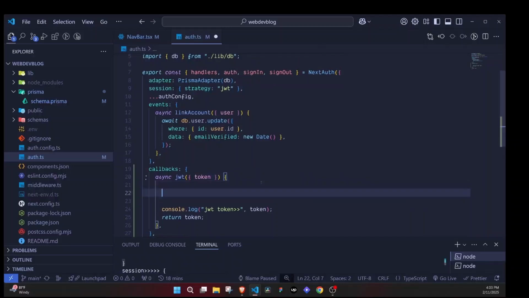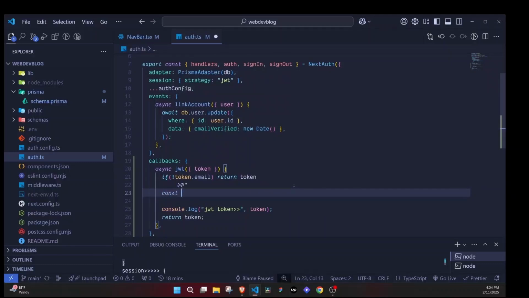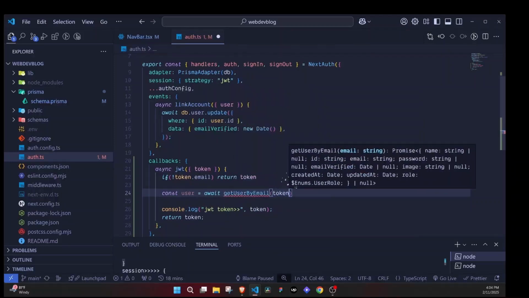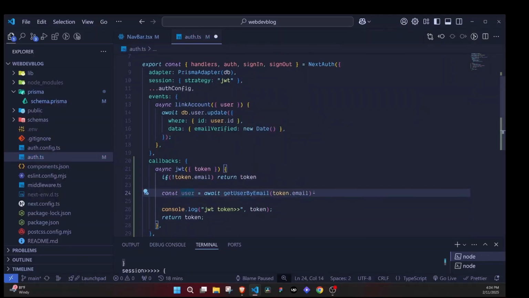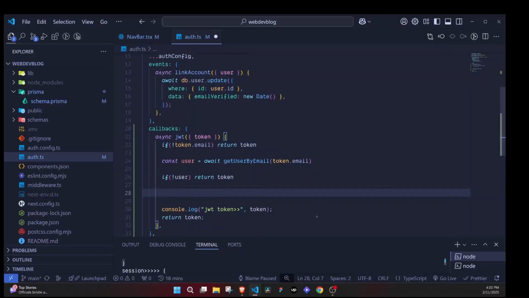Let's come right here and we'll say if we don't have a token.email, let's immediately return. So I will return token. So let's come here and get a user. const user will be equal to, we await getUserByEmail, and we say token.email. Now that we have a user, the user will be having a user ID, right? First of all, let's make sure that this user exists by saying if we don't have a user, let's just return the token. Now that we have a user, we can go ahead and expand this token by saying